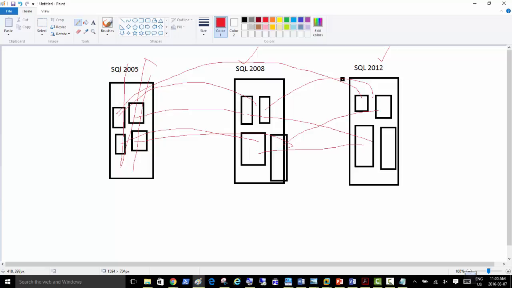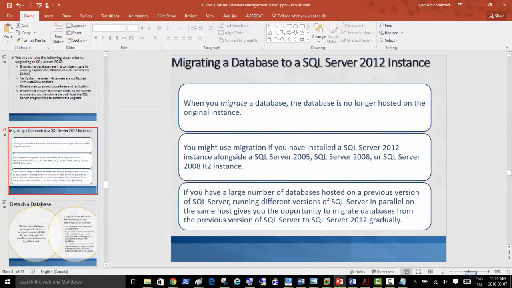So once this is gone, and 2008 has also, you've migrated all the tables and databases and instances, then you get rid of or decommission that as well. Now you have everything here in all these databases. So simultaneously, when you introduce a newer version, it's always better to let it work small, and then start slowly migrating one database, second database, third database there, and that's always easier to do.